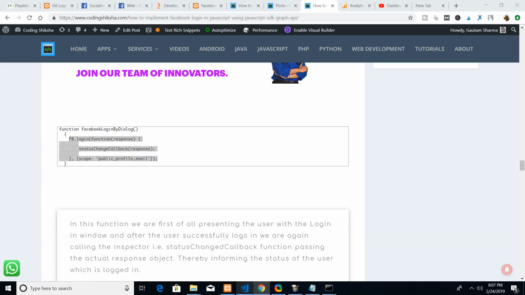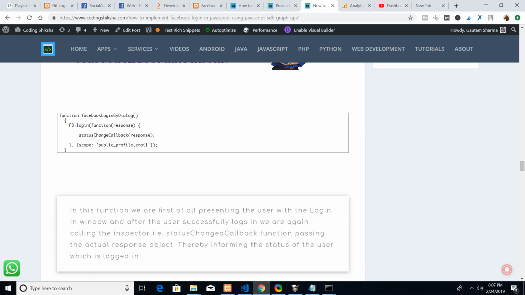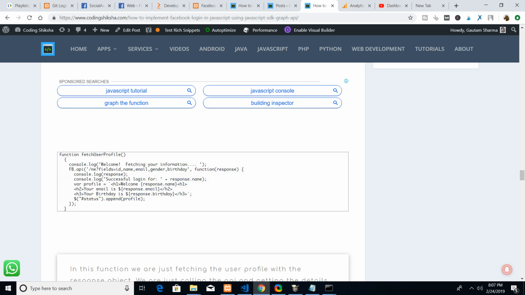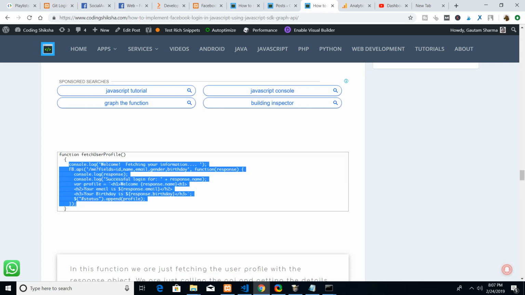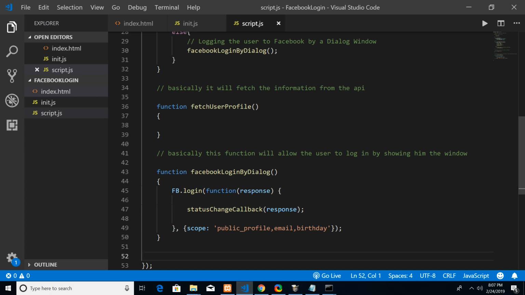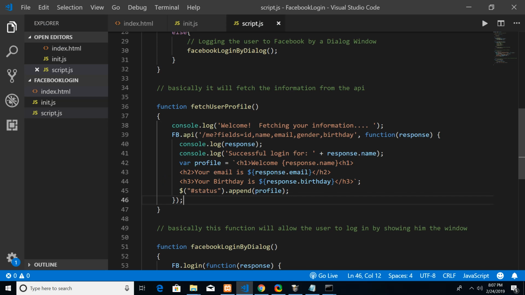So this function I need to go to. In the blog, you can see that. Let me copy it, and after that explain to you each line of code. So in this function, let me paste it. First of all, you can see that this is again the standard SDK function,